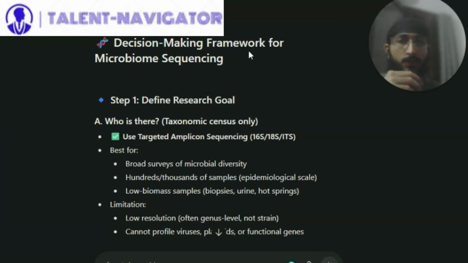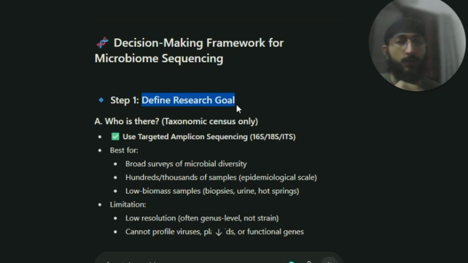So now we're going to be discussing a decision-making framework for microbiome sequencing. Step one that we start with is defining the research goal. Who is there? Firstly, taxonomic census only. So use targeted amplicon sequencing, 16S, 18S, or ITS. Best for broad surveys of microbial diversity, hundreds or thousands of samples,